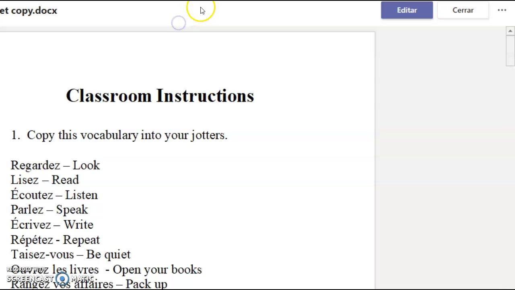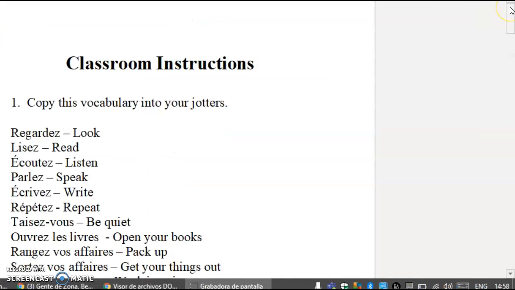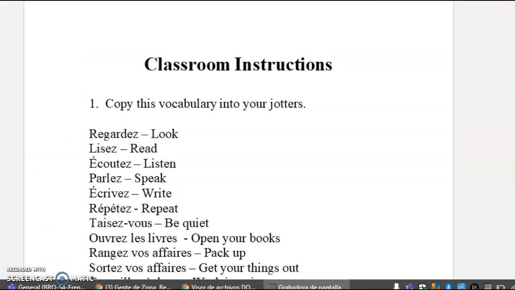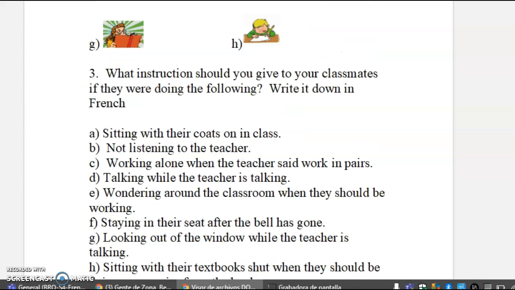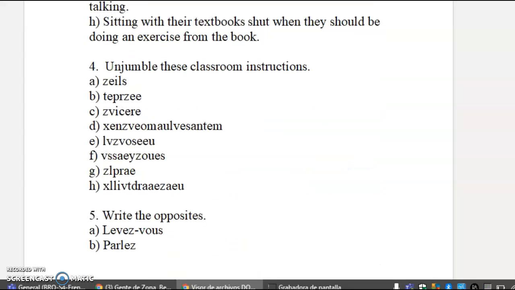Okay, so here is the little worksheet, and you need to copy this vocab in your jotter, and then you need to write down the correct French instruction matching with the picture. And then here you need to write down in French the classroom instruction. Okay? So, oh yeah, and here it's unjumble the